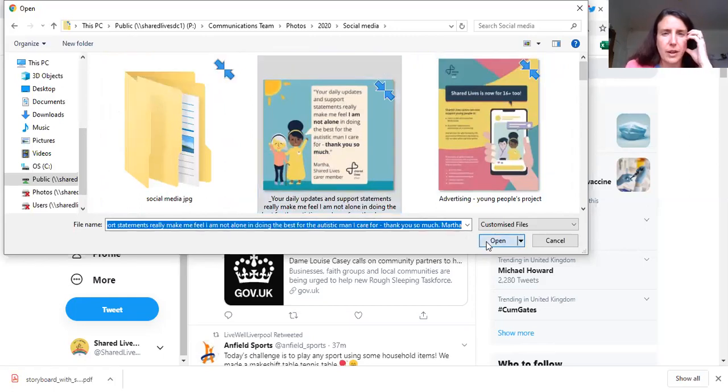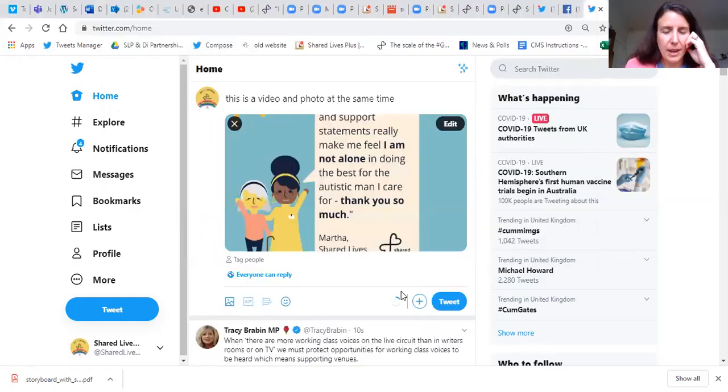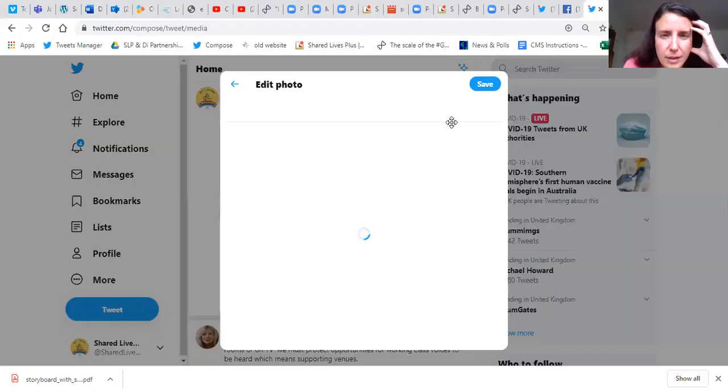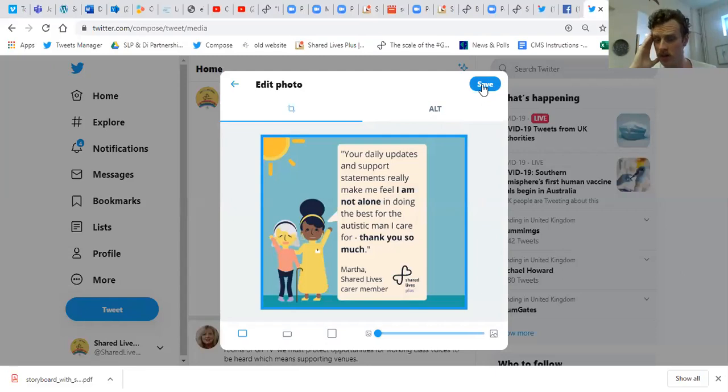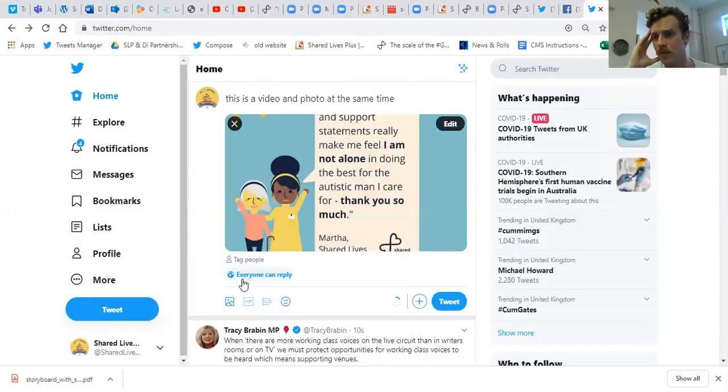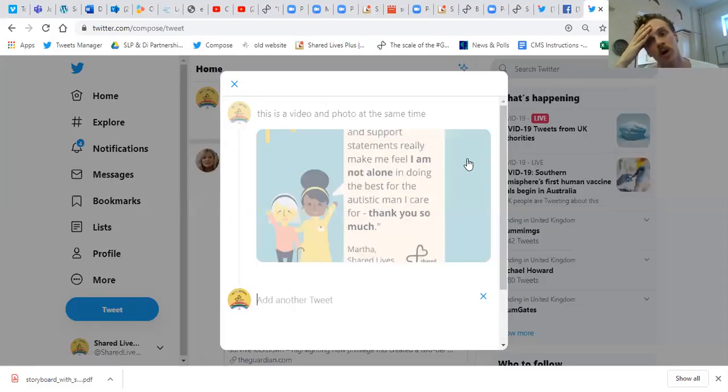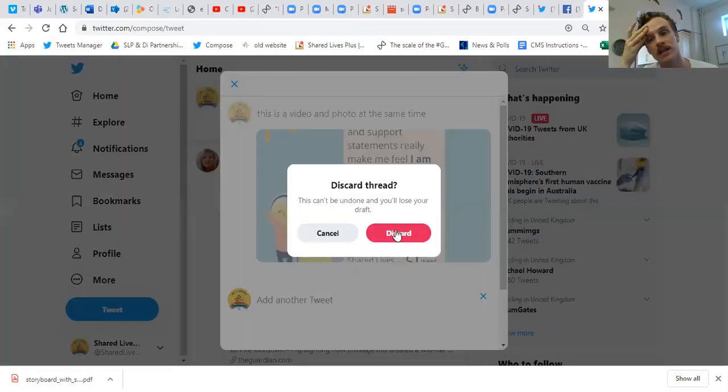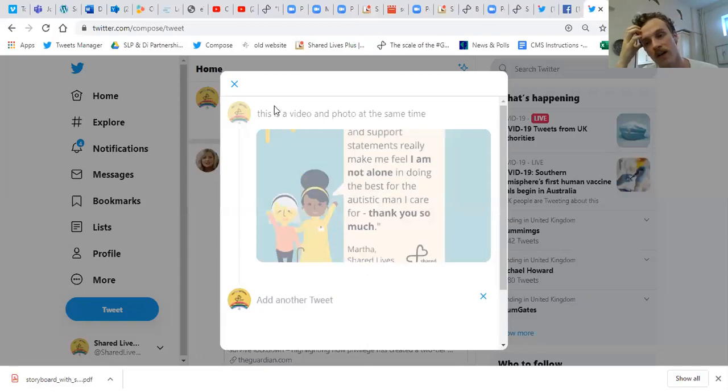So that's the photo or the image, that's the same thing. And then you press the plus. Oh no, hold on. I'm not sure that you can post a photo and a video at the same time. What will appear when you post a video is a still or a thumbnail of that video.